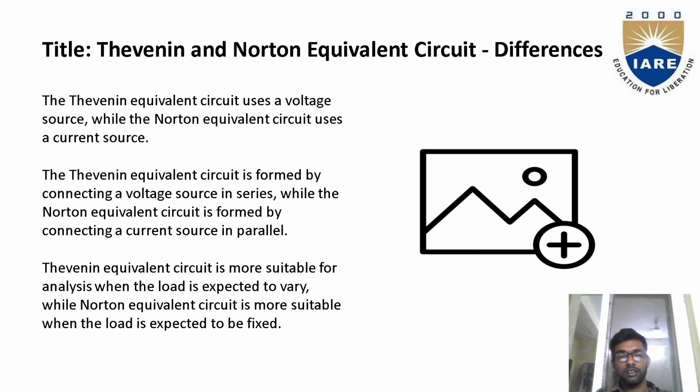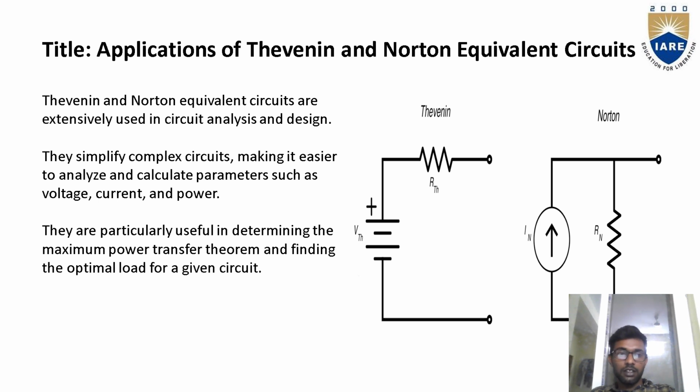We have seen that the Thevenin equivalent circuit is formed by connecting equivalent voltage in series with equivalent resistance. We observed in Norton's that the equivalent current source and equivalent resistance are connected in parallel. That is the difference we have seen. Okay, and next,